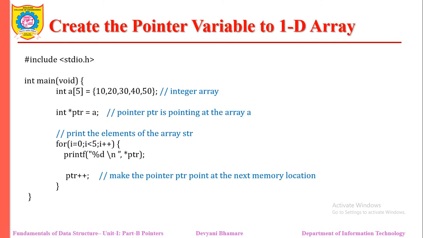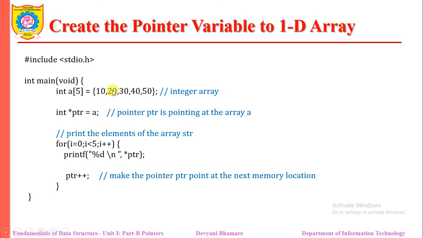Look at this program. What is happening? Here we have initialized PTR, a pointer which points to array A. Now we are reading and displaying the values of this array with the help of PTR, and PTR is increased by 1. When i is 0 we are looking at the first location, when i is 1 we go to the second location. PTR initially points to the first location. I is 0, 0 is less than 5, yes, then we display the value 10 and PTR is increased by 1, meaning PTR is pointing here.